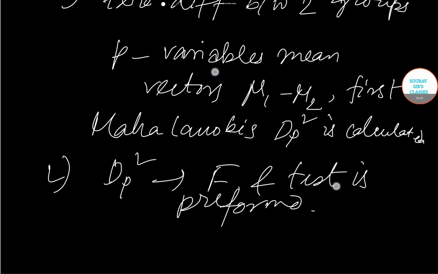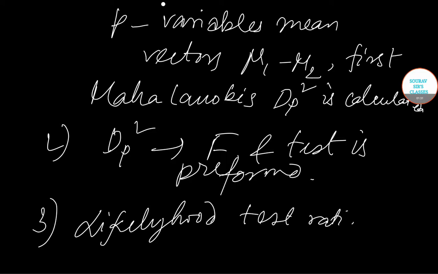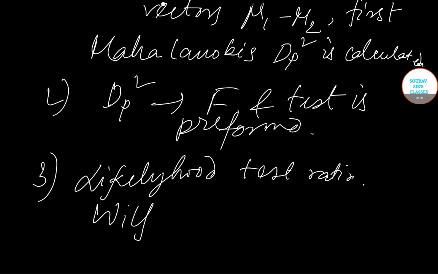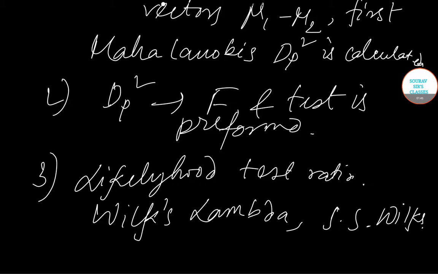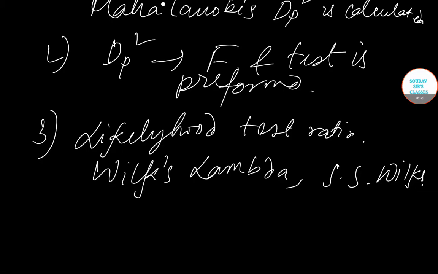Another test is based on the likelihood ratio test. This test is known as the Wilks Lambda test. It was given by S.S. Wilks in 1932. This test was later extended by M.S. Bartlett in 1934. The basic idea behind this test was to choose the coefficients of a linear compound